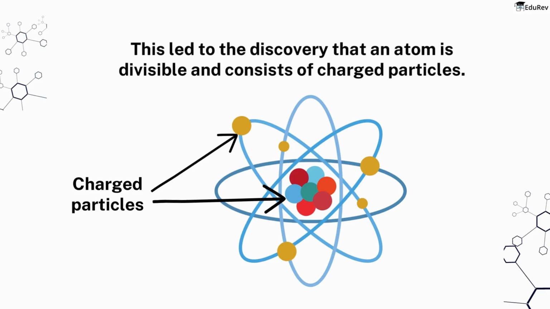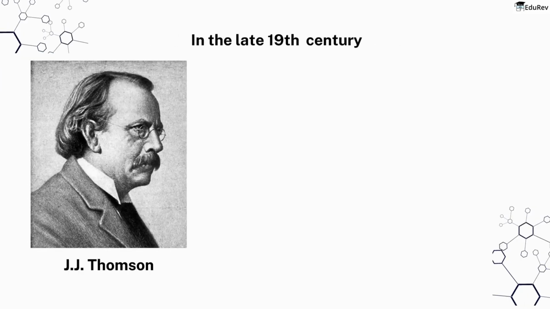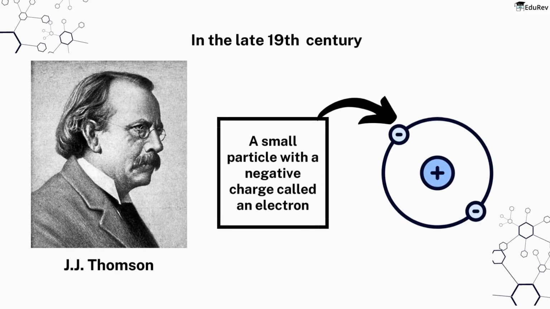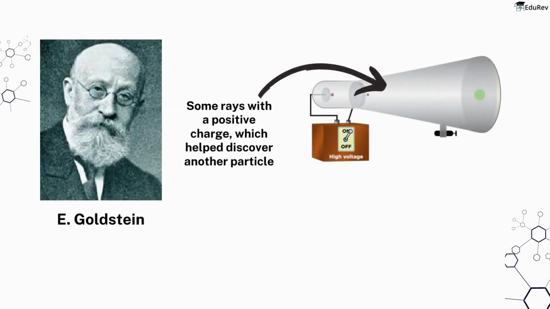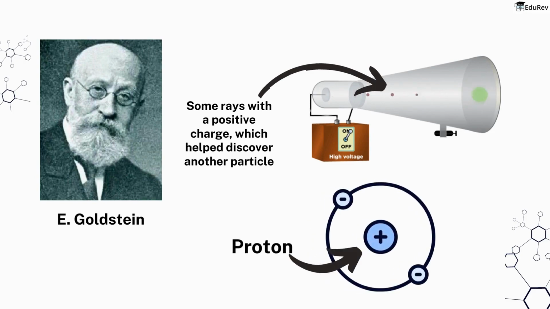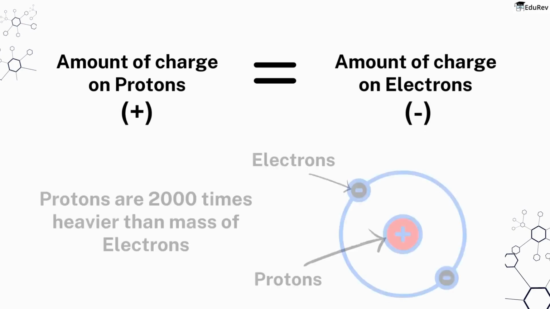Many scientists worked together to find out that atoms have charged particles inside them. In the late 19th century, Thomson found a small particle with a negative charge called an electron. At the same time, Goldstein found some rays with a positive charge, which helped discover another particle called a proton. Protons have the same amount of charge as electrons but with the opposite sign, and they are about 2,000 times